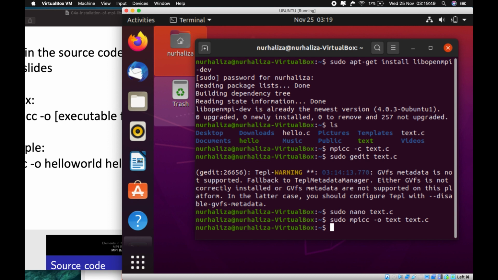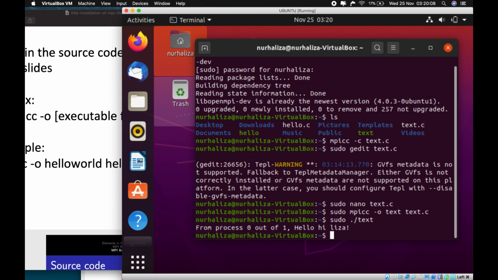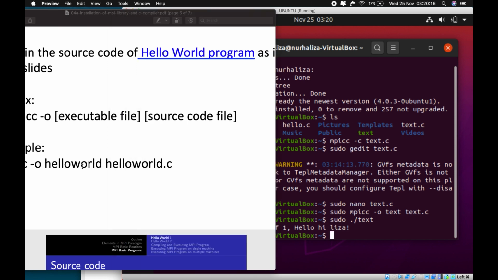Last time I already showed you, you can just simply use dot slash text, but again, as myself, I make myself remember to always use sudo in front. So I type sudo dot slash text, and then I will get, okay, this is the output from